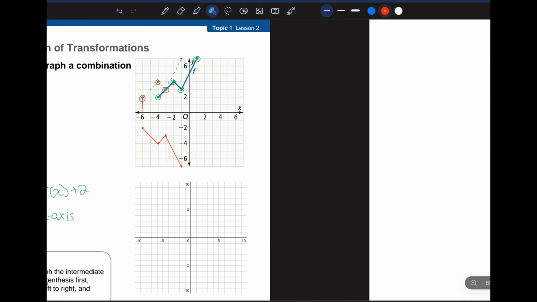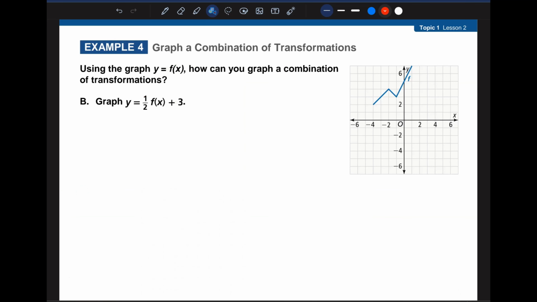Okay, so now it's how can we combine transformations again. So we have 2 things on this one. If you look, we're adding 3, and notice that's not in the parentheses, which tells me that this is going to be a vertical thing since it's being done to my f of x and not just to the x. And then also I'm multiplying my f of x by 1/2. Now order of operations tells me that I should multiply before I add. Okay, so the first thing we're going to start off with is the 1/2 times f of x. Since that's done to my y, that's going to make this a vertical